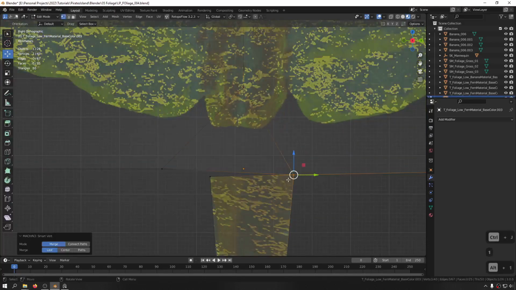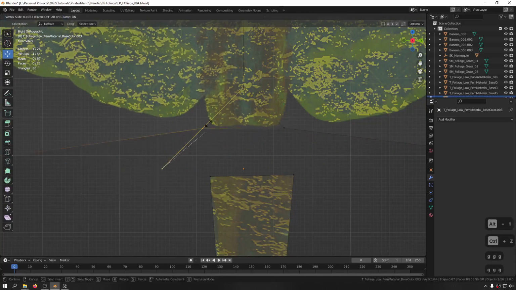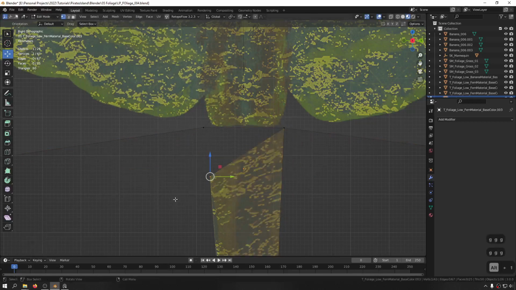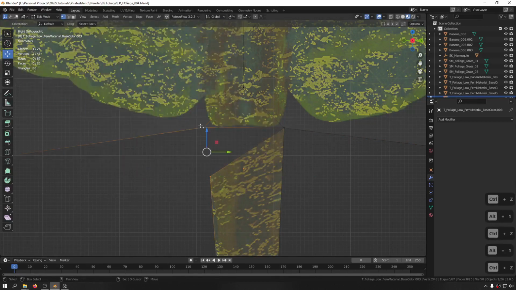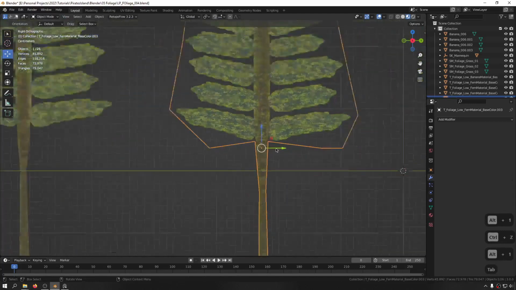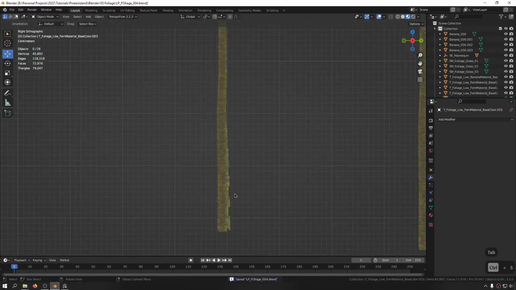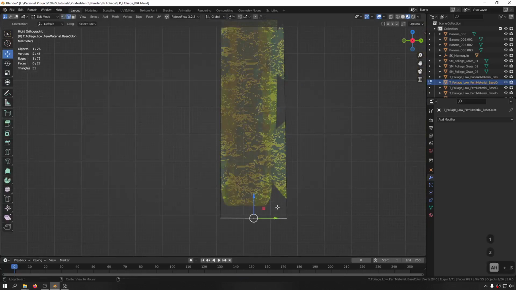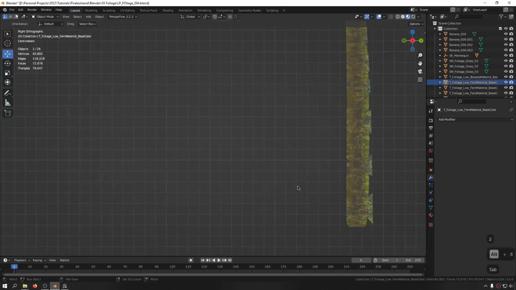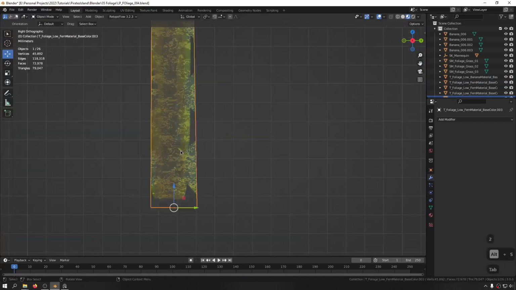and select this one and this one, or I can bring this one up as well, and join these together. Take this and this one as the last. Okay, this one now also has a stem, and now we need to put the pivot on this stem part, and we really do not have geometry in here, so let's select this and put the pivot in the middle of this line instead. So this one also, put it in here,